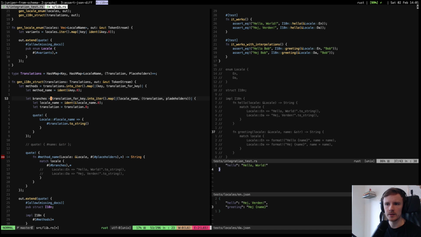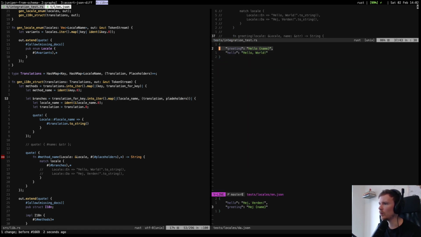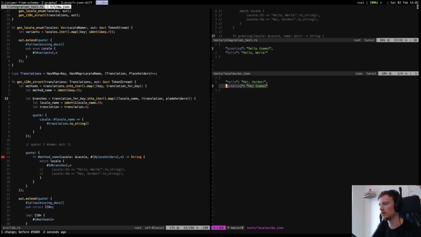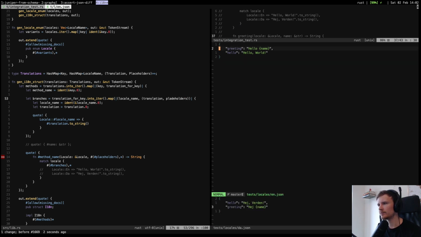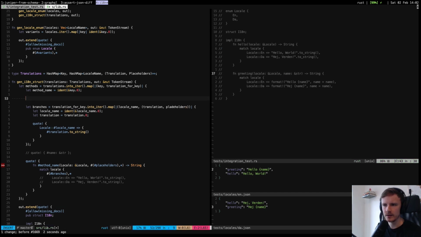But up here we get the translations for the key, and then we mutably turn that into, we consume it and turn it into an iterator. I suppose that means we need the same data structure, the same value for computing the placeholders, but we only actually care about the first one. And this is then the case that we talked about before, where not all of the translations have the same placeholders. Let's just ignore that for now and say that the